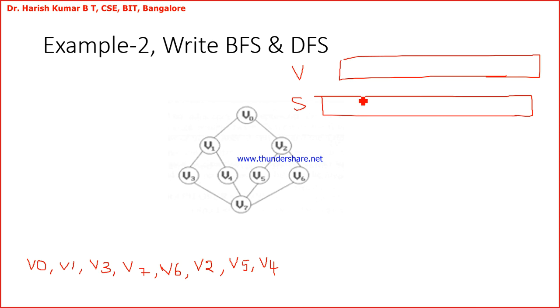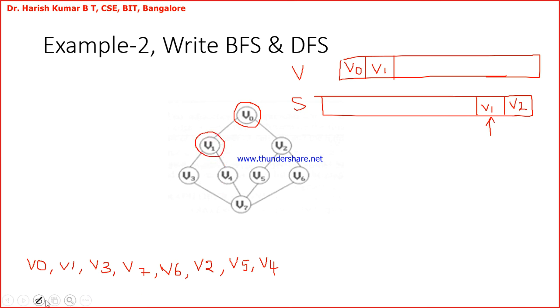Okay, so V0, it is visited. Now to the stack I go for pushing the adjacent nodes. V2, V1. So top is pointing to this. So next node to visit is V1. So I'll put the circle to the nodes which are visited. So V1 is visited now. Sorry, V0 is visited, and now we have visited V1.